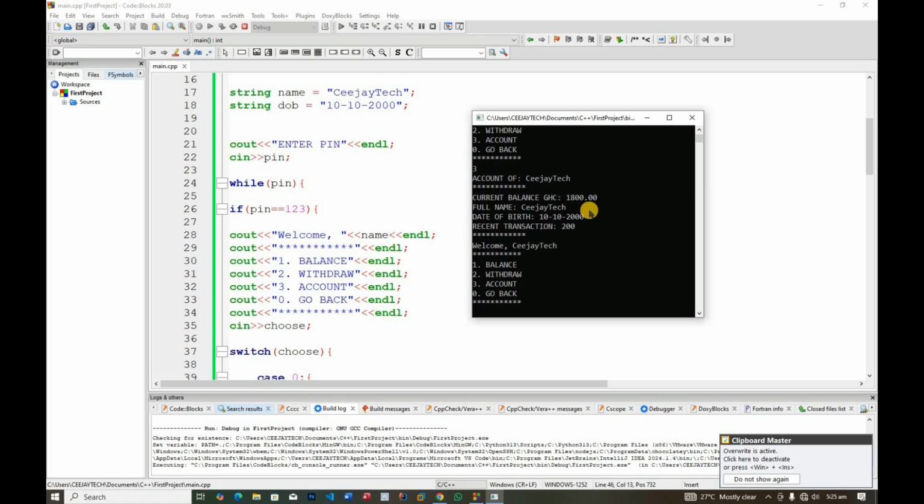Option 3 allows me to see the profile. So now the account of CJ-like, current balance 1,008, the full name, date of birth, and the recent transaction that I've made. I've recently withdrawn 200 cedis, so this is the recent transaction. So let's make another withdrawal of 500 cedis, and it only gives us the recent transaction. Currently I've withdrawn 500 cedis, and